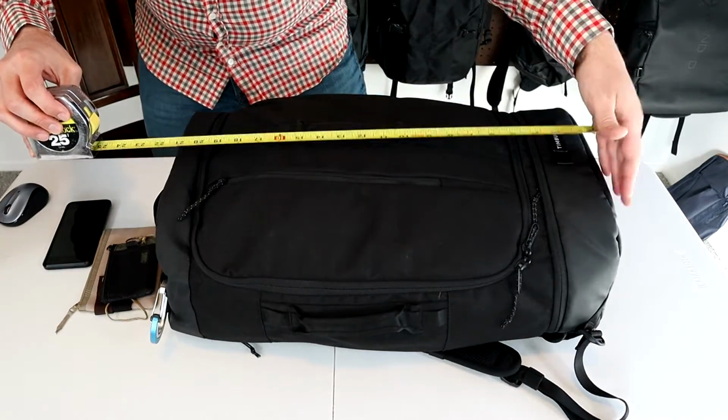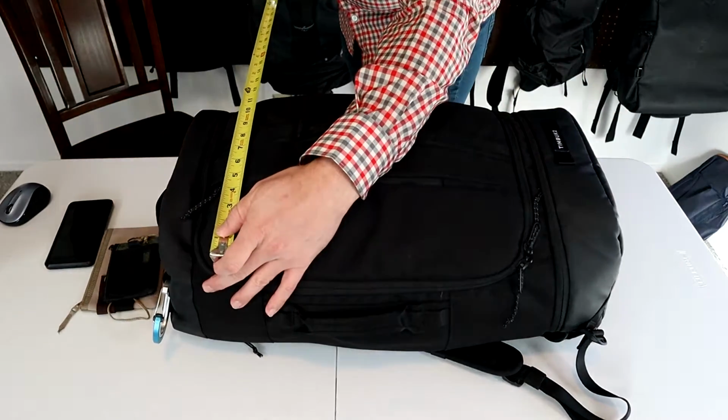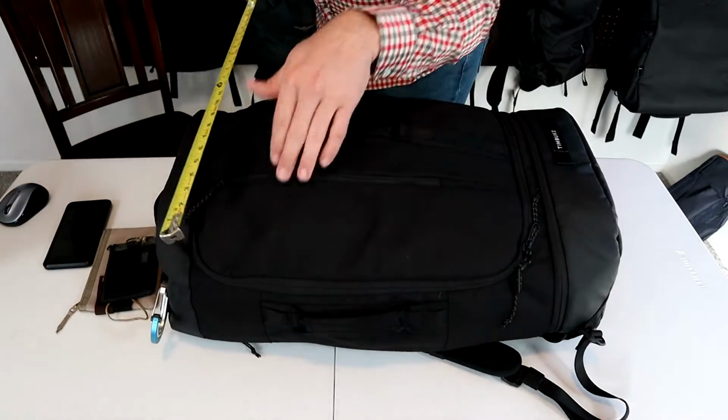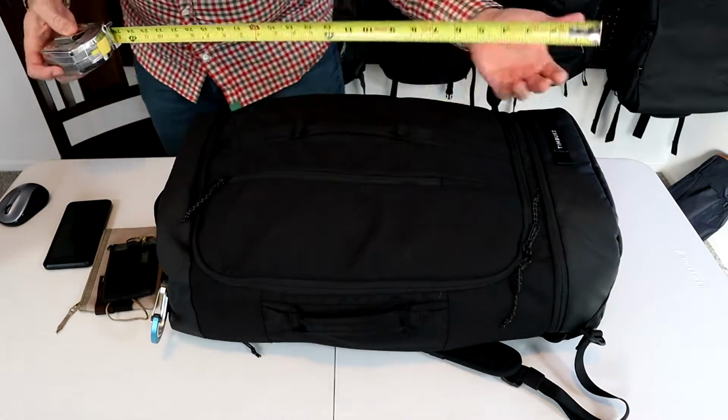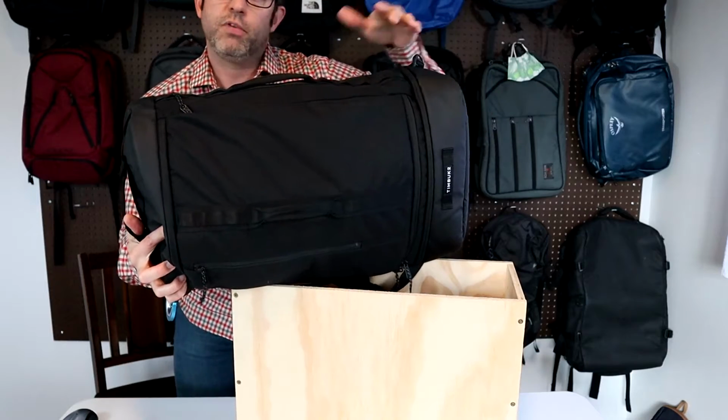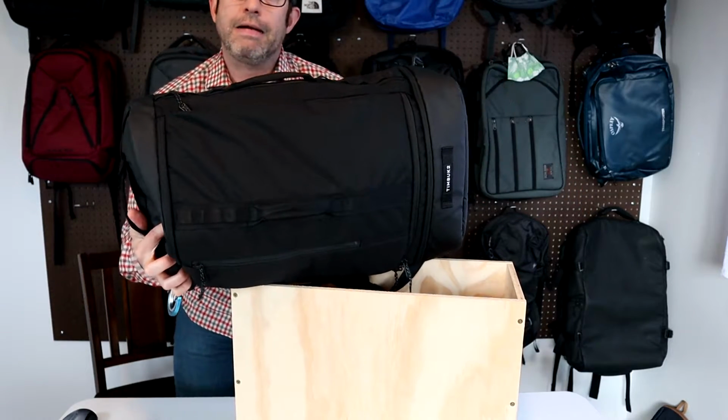I found the length to be accurate. The width can be more like 13.5 when it's fully packed, and the depth somewhere between 8 and 9. Which means this pack will fit into the overhead as a carry-on, but it's too big to be a personal